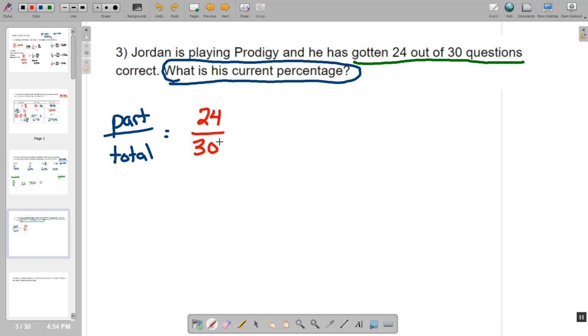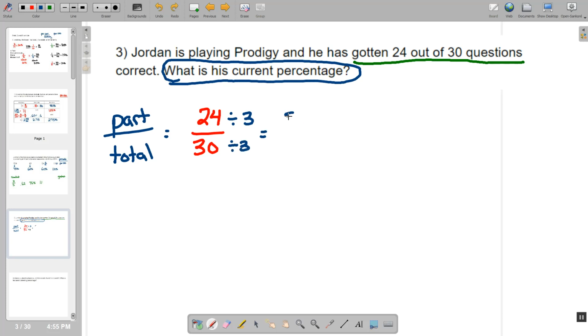To convert this into a percentage, there's a lot of different ways that we could solve this. This symbol right here means divide. So if we did long division of 24 divided by 30, we would get the right answer as a decimal. But that's not the easiest route, because we can convert this into tenths or hundredths. If I divide both numbers by 3,